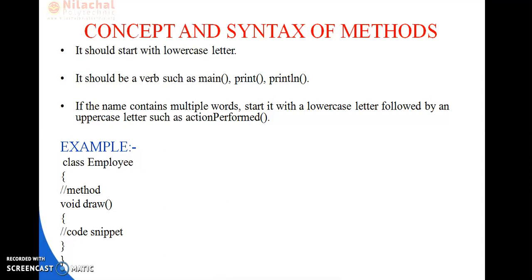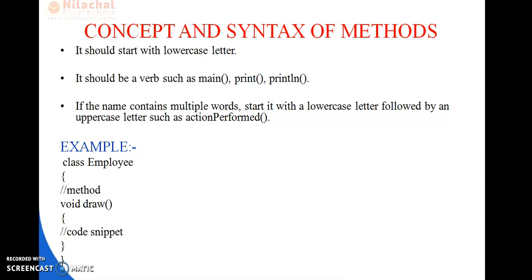If the name contains multiple words, start with a lowercase letter followed by an uppercase letter such as actionPerformed.